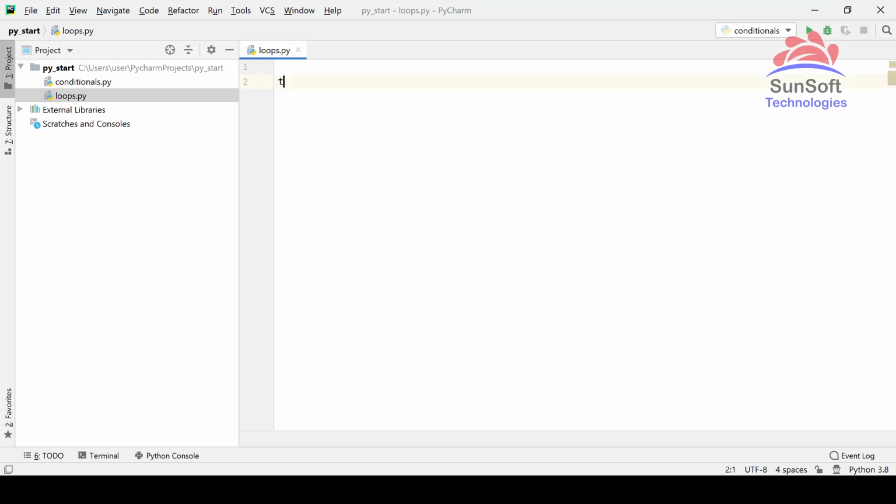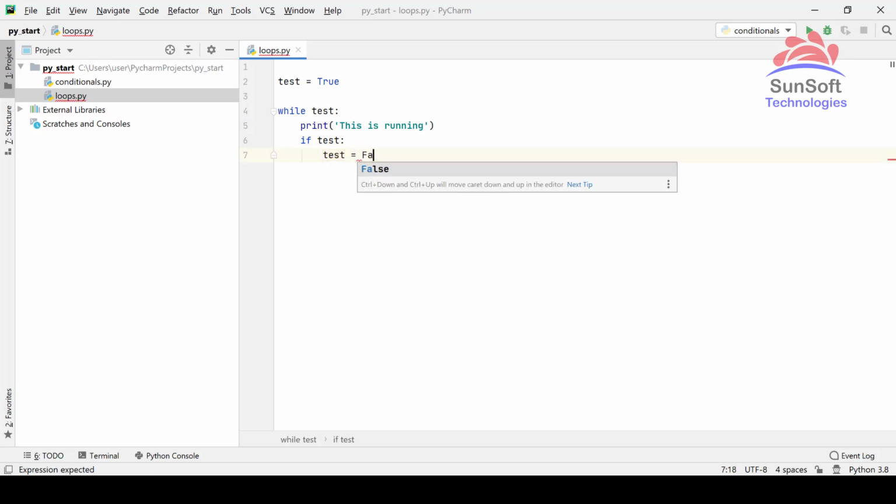For that I'll just make a test variable and set it to true. Now I'll say while test is true, I want to print something, and then I want to check if test is true, then I want to put in false. So let's see what happens.